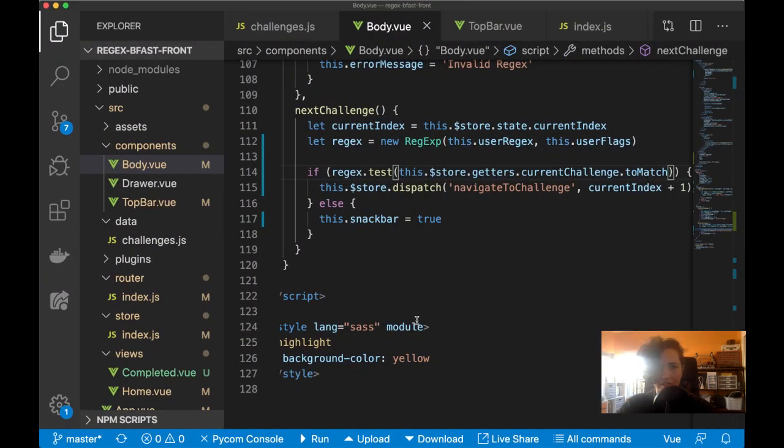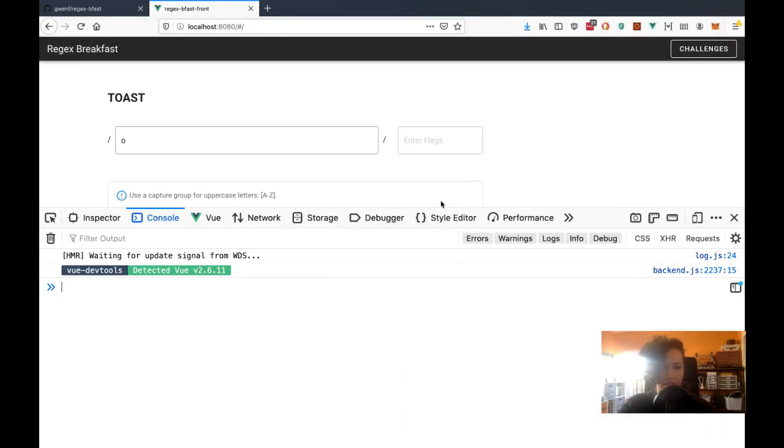So let's say I have a variable called regex and I make a new regular expression, which will be, I don't know, just any partial string, so O. Okay, so I have my regular expression saved,